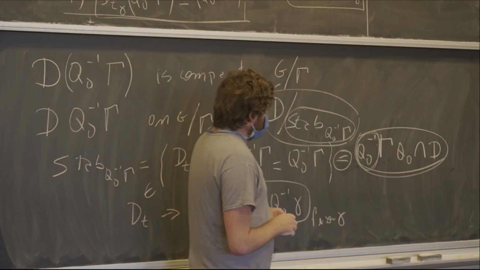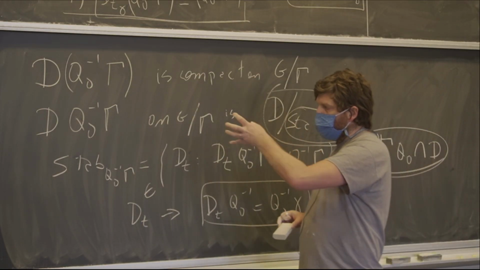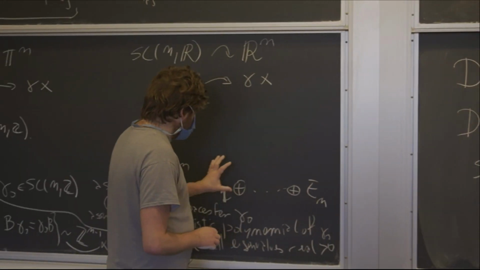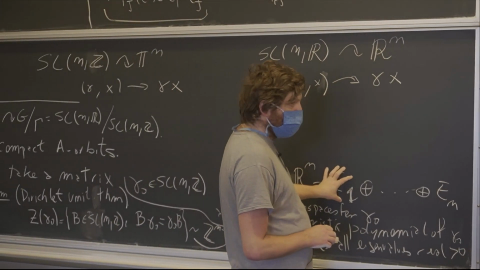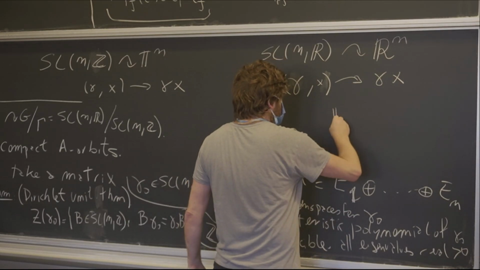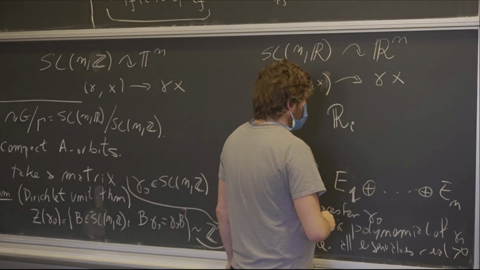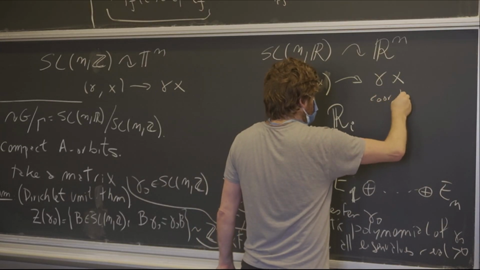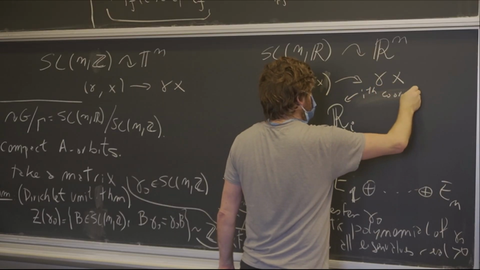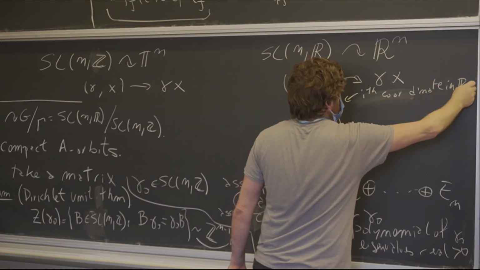Now, this diagonalization is what pushes this R^n into these E_i's. So if I take R_i, the coordinate, height coordinate in R^n,